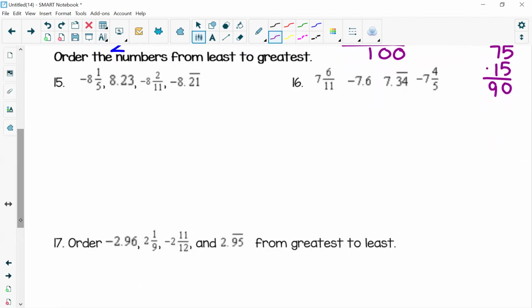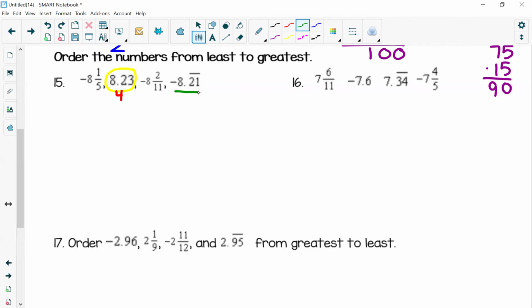All right, so now we're coming here. We need to order these from least to greatest. And we have some decimals and we have some fractions. So the one thing that I'm going to pull out right away is this one. I have 1, 2, 3, 4. Because it's least to greatest, that's going to be number 4. That's going to be my biggest one because it's a positive. Now I need to focus on my negatives. And when I look at this, I'll say, well, here I have